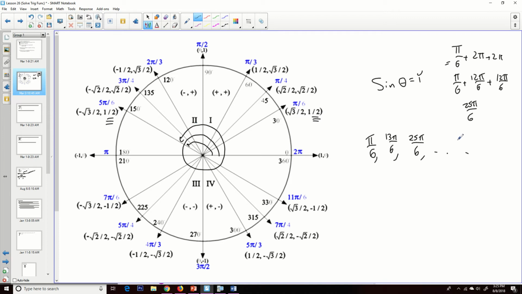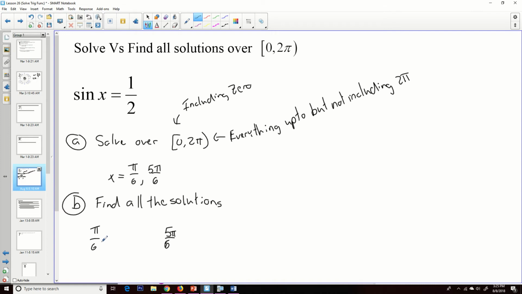So we want to do that in a general manner. And so what we're going to do is we're going to say it's pi over 6 plus 2 pi n, so 2 pi times some n value, comma, 5 pi over 6 plus 2 pi n, and then we're going to tack on where